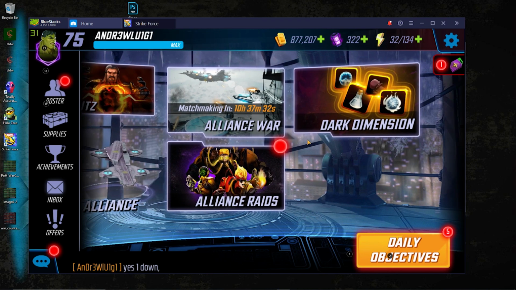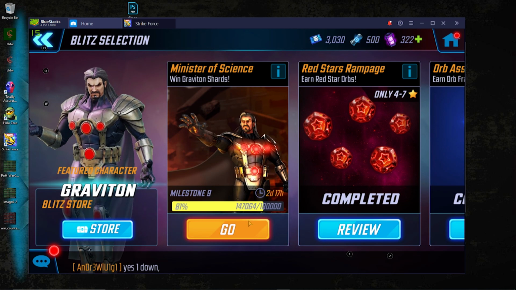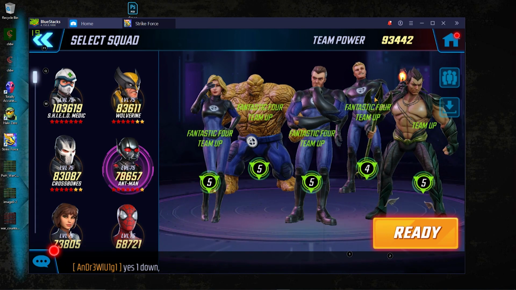So today we're going to go over how to set up your saved squads in the best way for Blitz and War, both at the same time, because one will benefit the other and vice versa. So essentially you want to start with meta teams. And we're going to go and do all the meta teams right away, which I've already done for the purposes